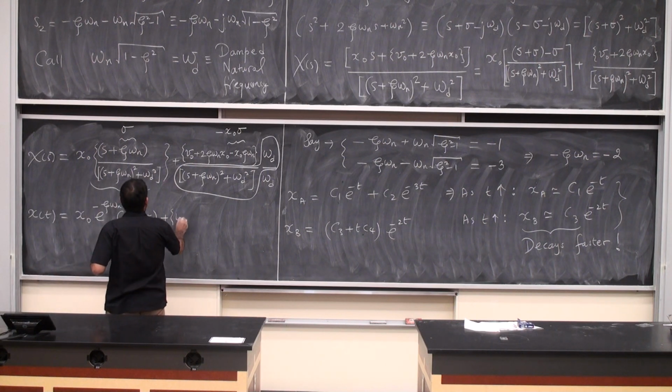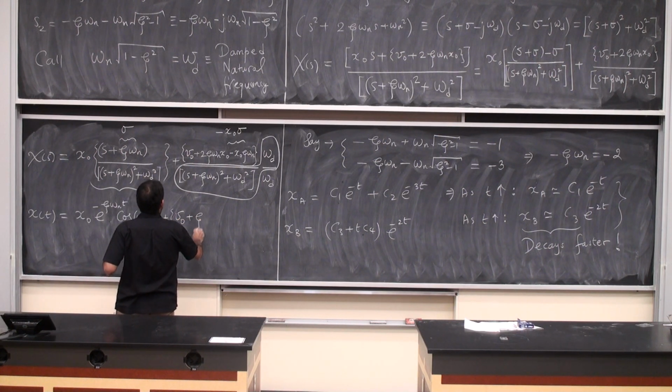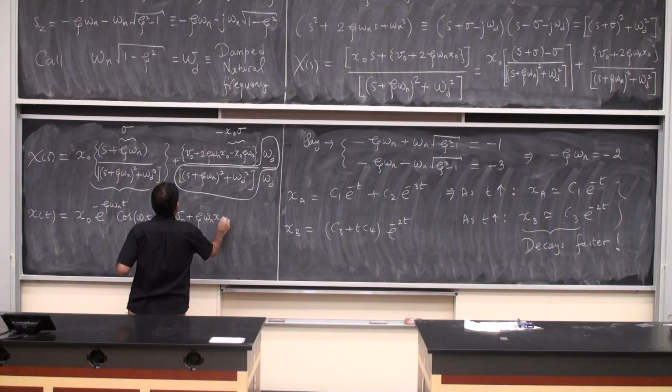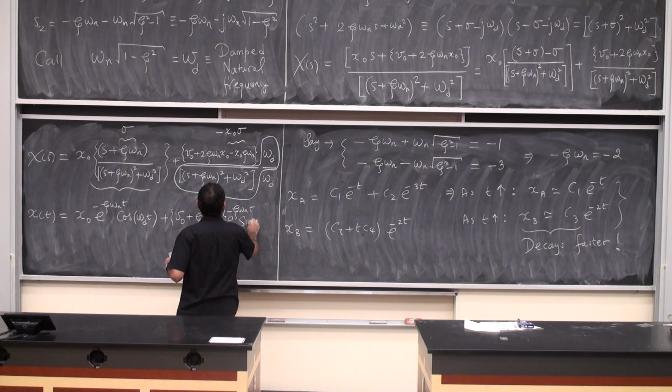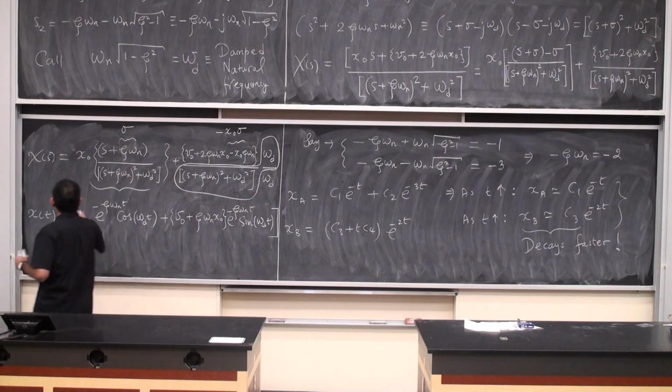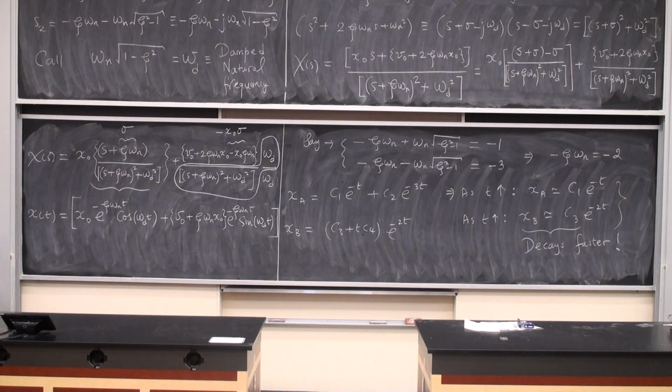So this is v naught plus zeta omega n x naught, e to the power minus zeta omega n t, sine omega d t. Or more simply, because I have 1 more minute left,